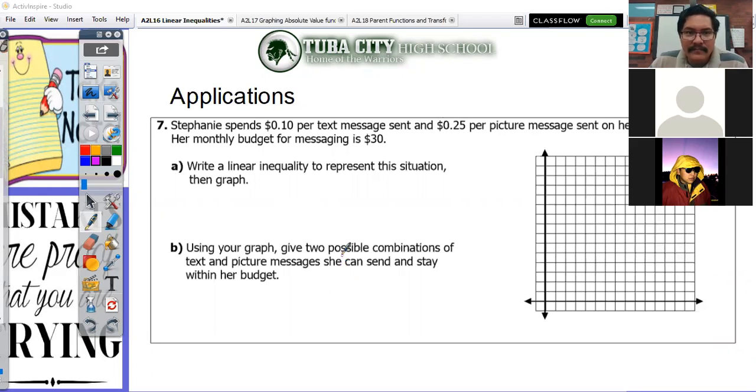All right, so this is kind of an older word problem. Stephanie spends 10 cents per text message and 25 cents per picture message sent on her cell phone. Her monthly budget for messaging is $30. So write a linear inequality to represent this and then graph it. All right, so let's go ahead and just put